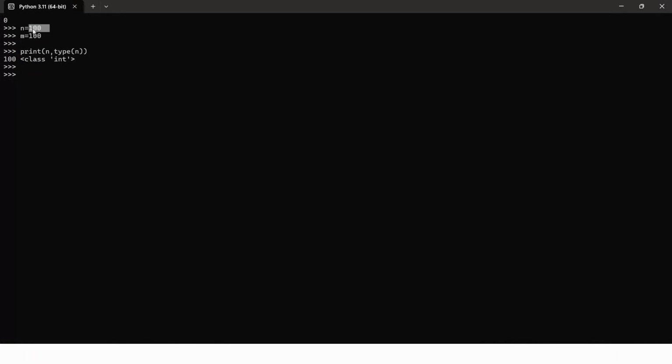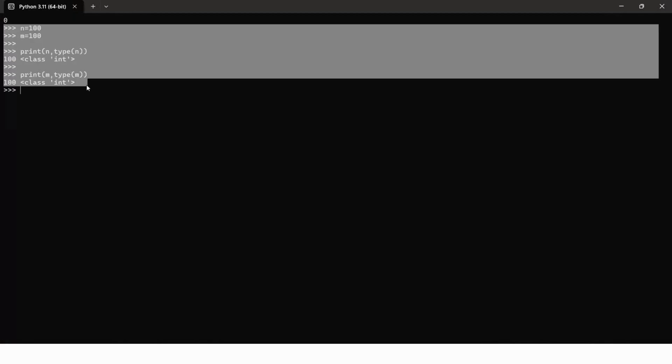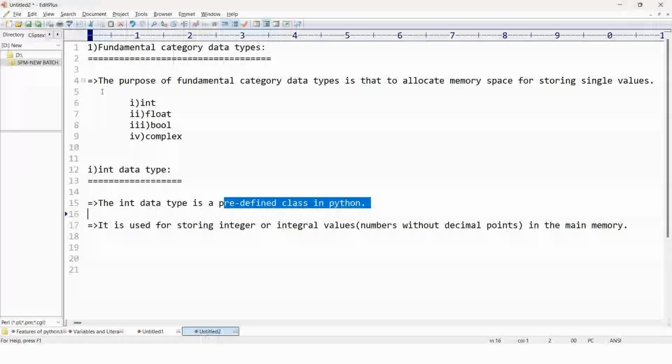When I write type of n, 100 is nothing but the data, and the type of the data is integer, and integer is one of the classes in our Python programming, right? Similarly you can go for m as well. m is also the same: 100 is the data of m, and it is also the type called integer here, right?